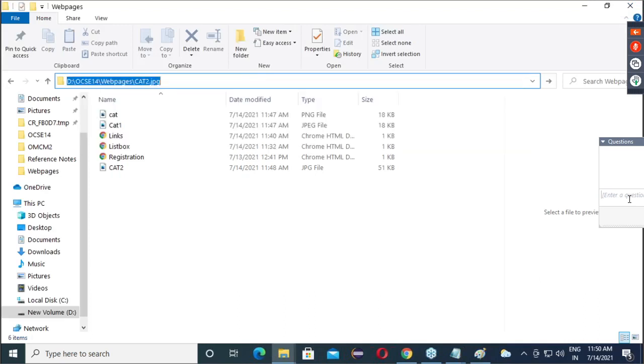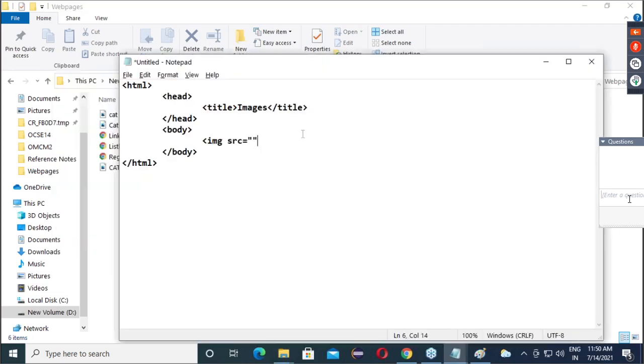Copy this path, give it here. That's it. Close it. And if you want to give any name, we will give it here. Mask is there, na?